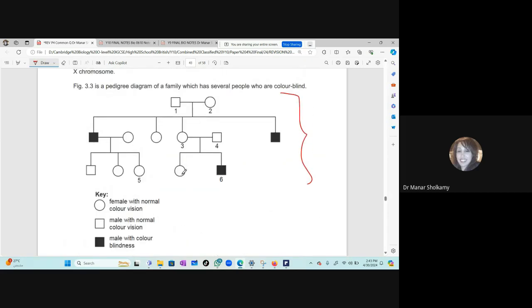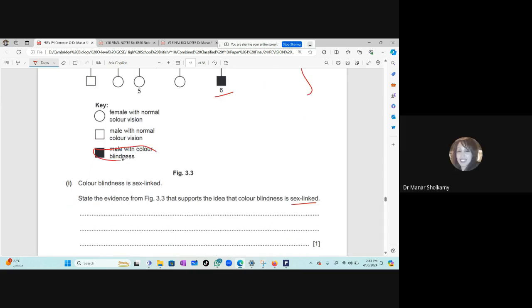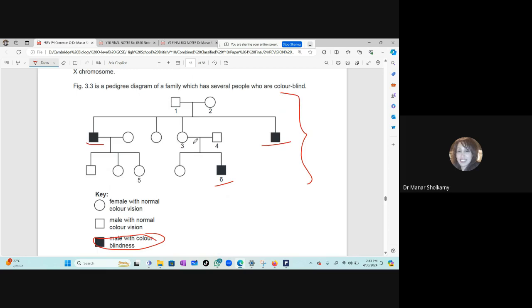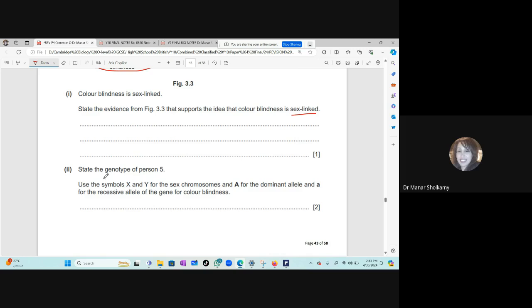Now let's go to the figure and look at the key. Who is sick? Only the males. Very good. Only the males have color blindness. Exactly. So it's very obvious from the figure that it's more common in one gender and not the other. Not a single female has color blindness. Correct. Perfect. Now, using the symbols X and Y for the sex chromosomes, A for the dominant allele and a small for the recessive allele for color blindness, state the genotype of person